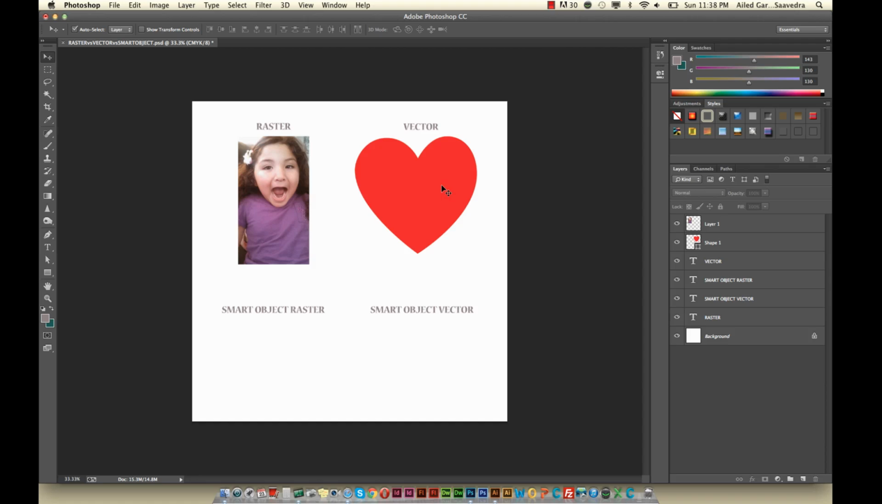So a vector image allows you to resize infinitely big or infinitely small, an infinite number of times, and the quality never degrades. Just like in Illustrator, you can make a 2-inch image 100 feet tall and then shrink it back to 2 inches, and the quality of the image remains the same. There's no pixelation, okay? Now there's this concept of smart object raster, and that means that basically I can take